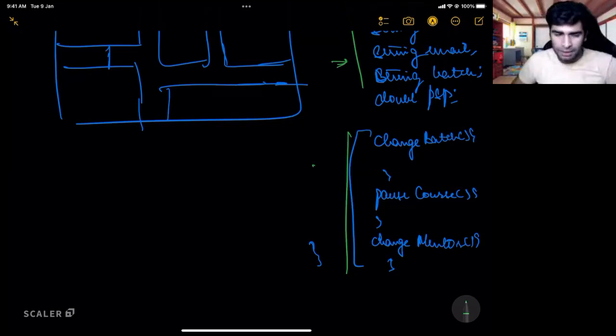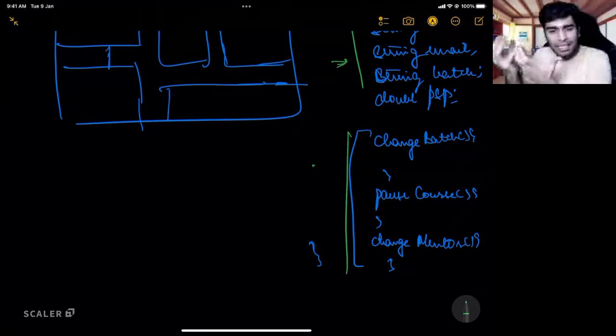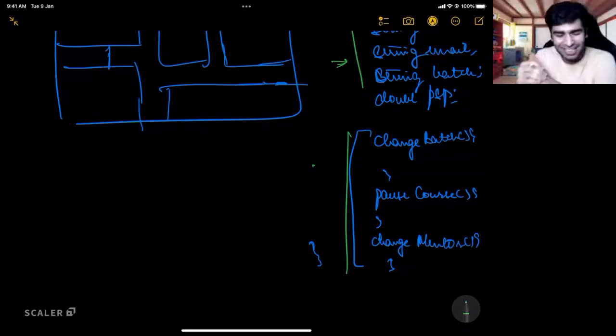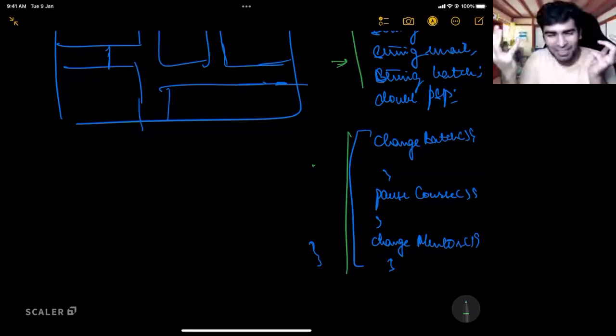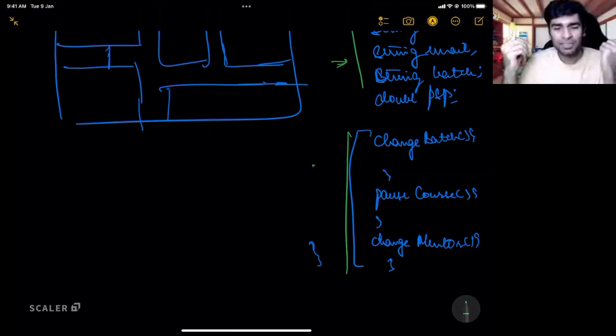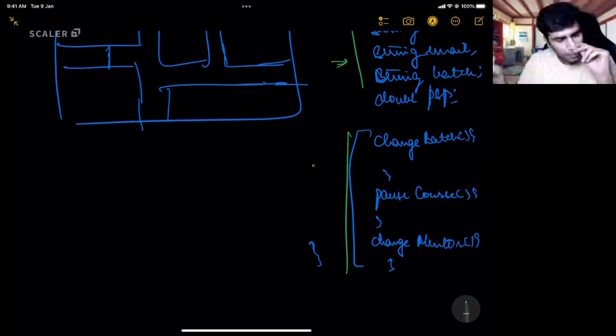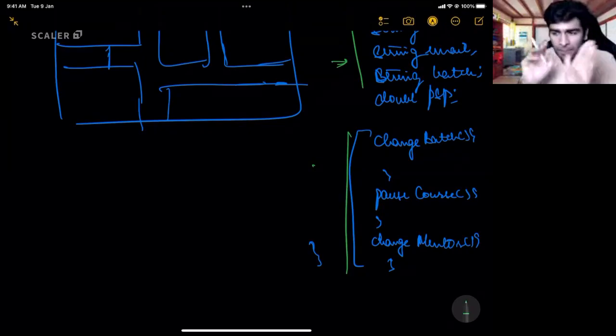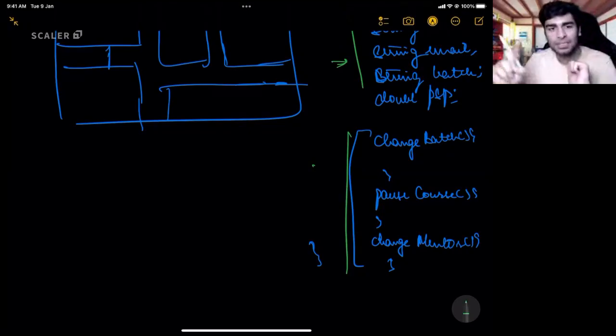Tell me, is a blueprint really in existence? Is a blueprint a real house? No, it's not a real house. It's just a diagram. Can one blueprint be used to create multiple houses? Yes, you can use one blueprint to create as many houses as you want. For example, in a society, you will get one blueprint created and then replicate the same blueprint for every house in the society. Perfect. That is the exact same concept with a class.